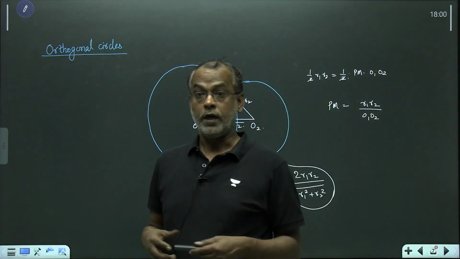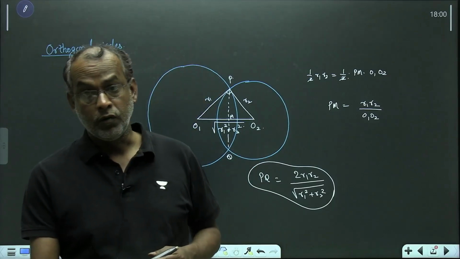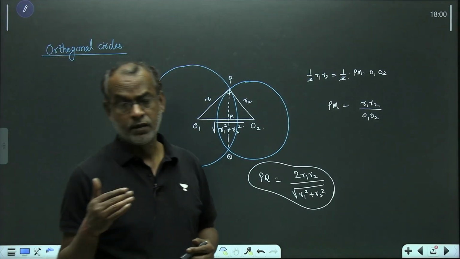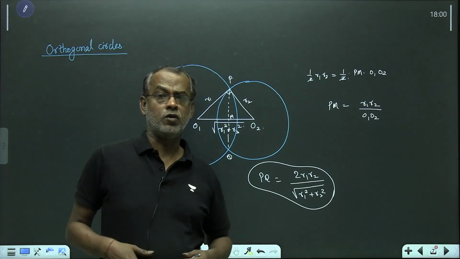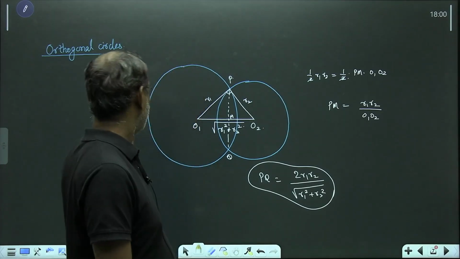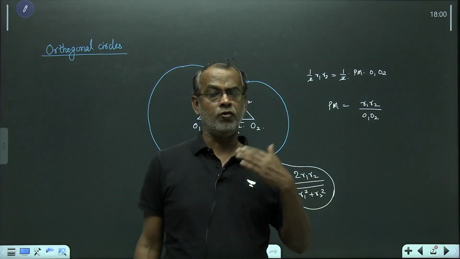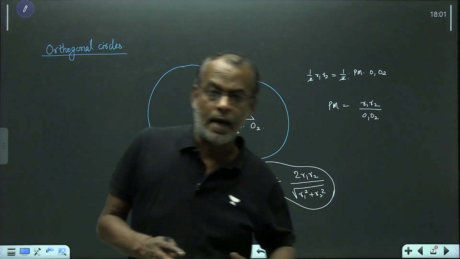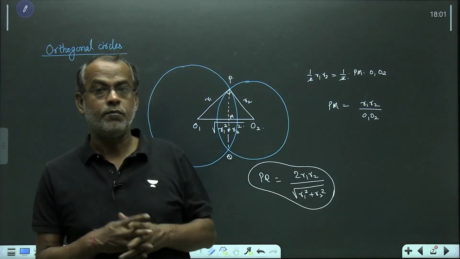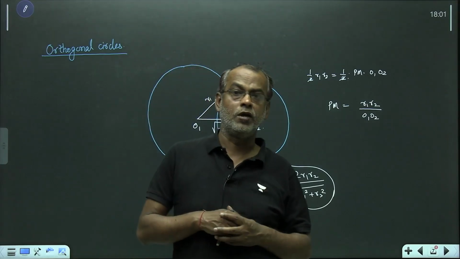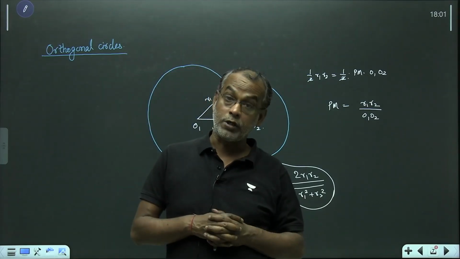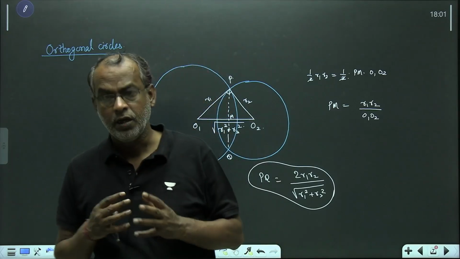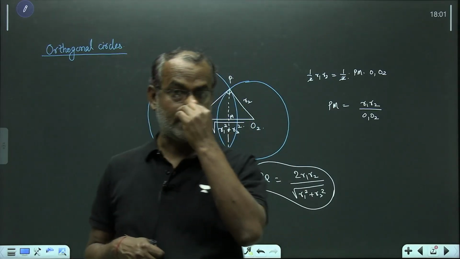I wanted to take up polygons today only, but I thought that the time available was not good enough. So instead, I told you something about circle of Apollonius, then radical axis, and then orthogonal circles. Next class will deal with polygons and circles related to polygons, then something about trigonometry. I hope you know the basic definitions of trigonometry. We will extend it and see